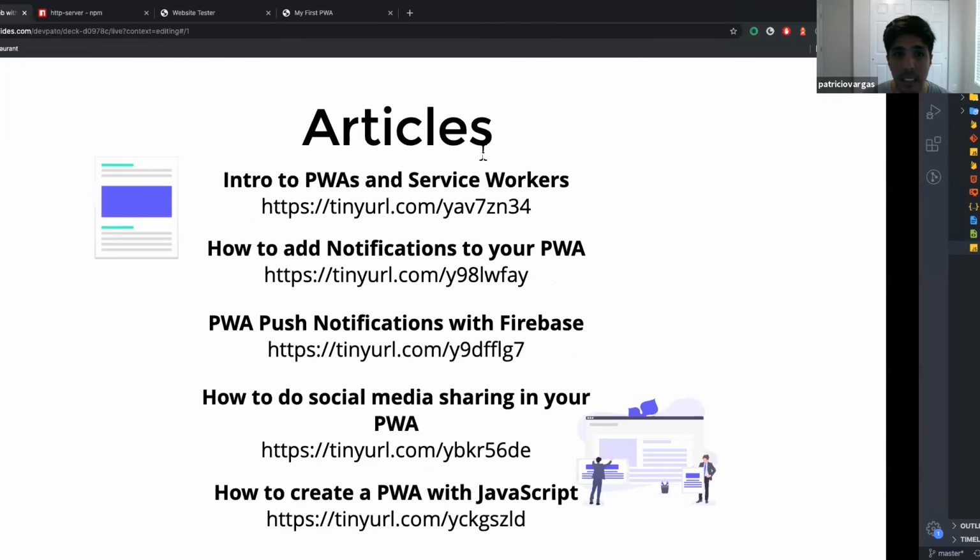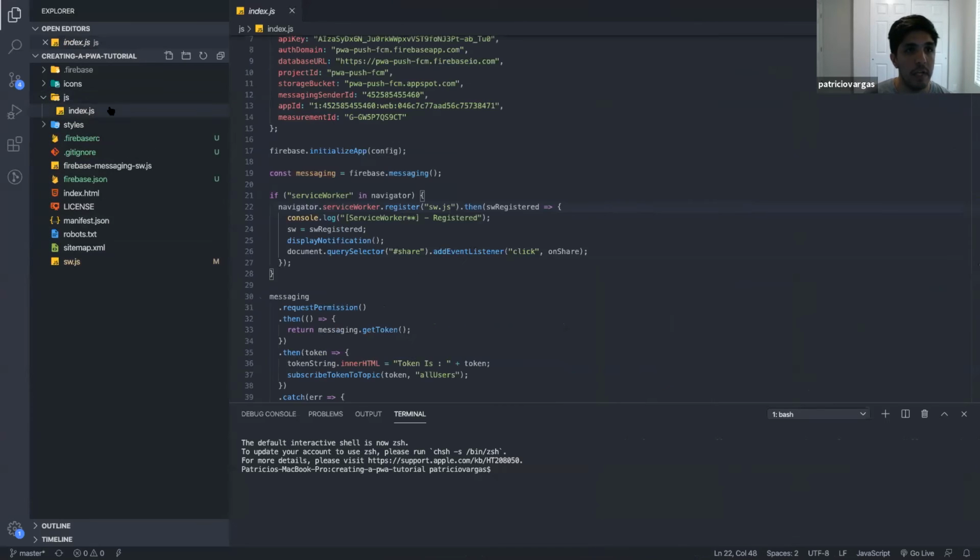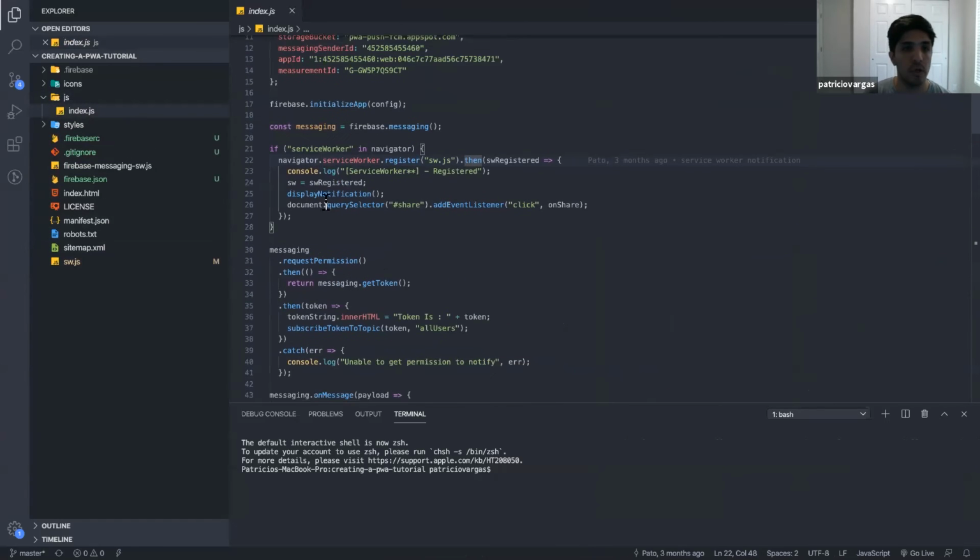If you can still see my screen, this is essentially all you need, this part right here. The manifest, which is right here. And you need to tell your service worker to register. That's the main feature. Now, the last thing that I want to show you is